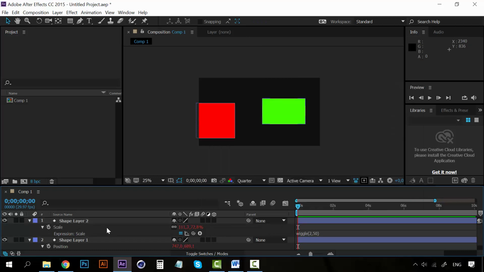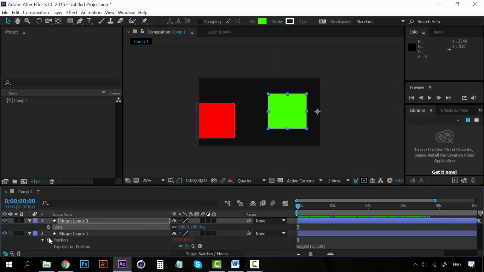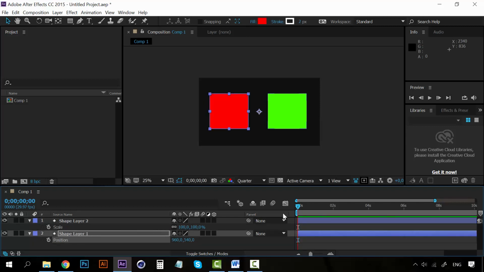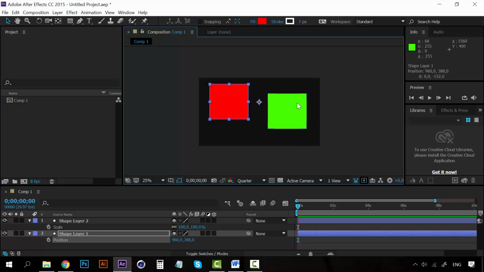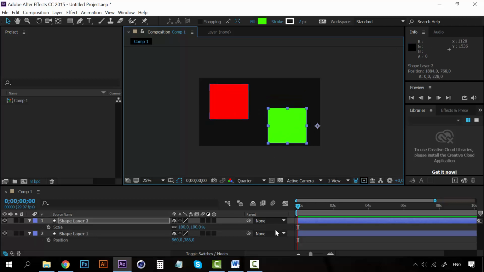So I'm going to delete these expressions, and to delete them you just have to Alt-click on them again, and you can see that I no longer have any expressions. So I'm going to create now a looping effect for these two squares. I'm going to take one here and one to the bottom,